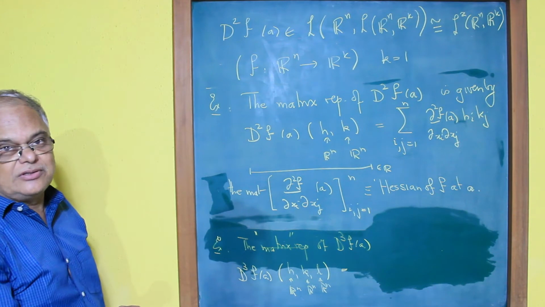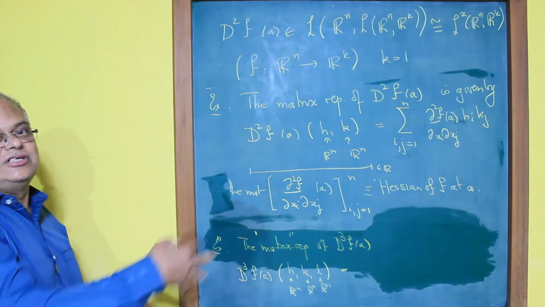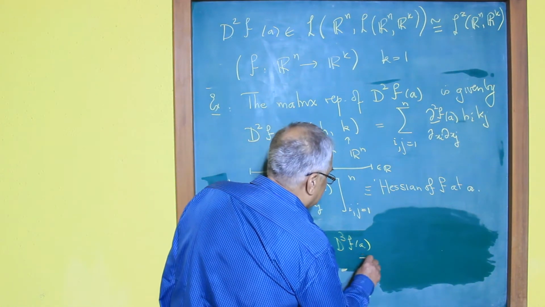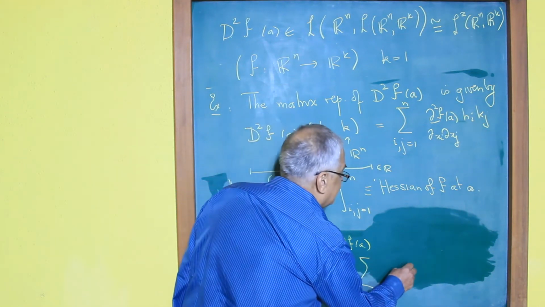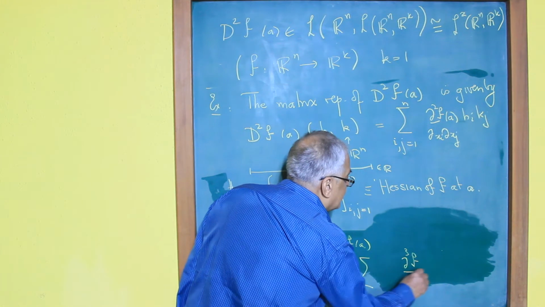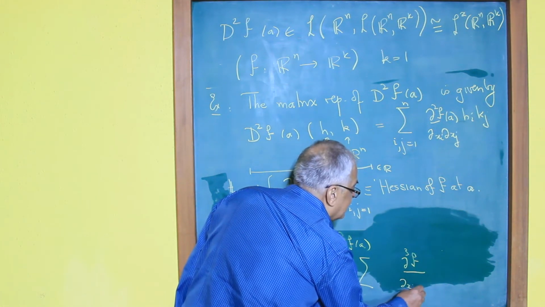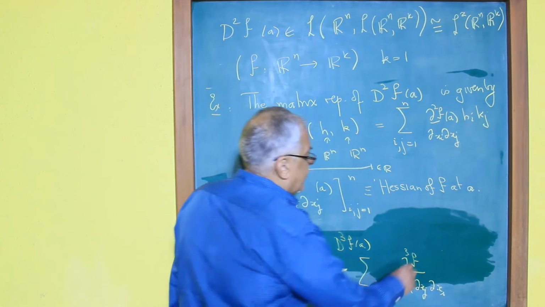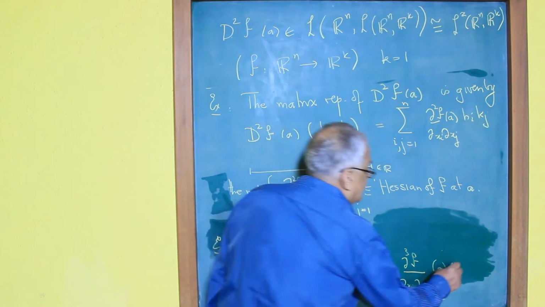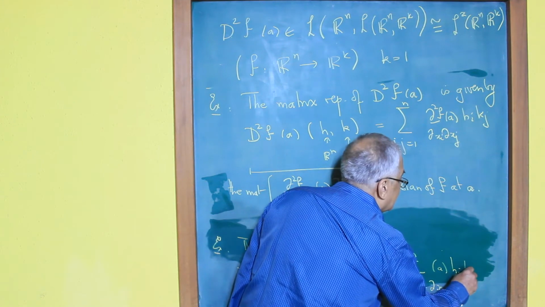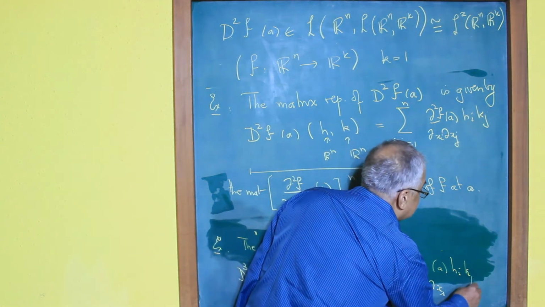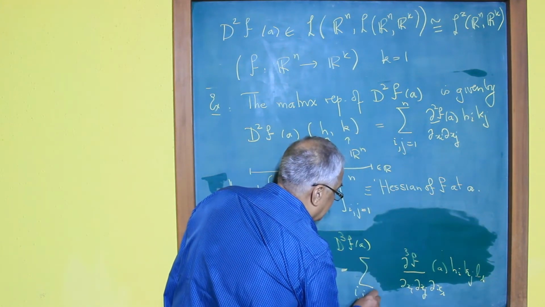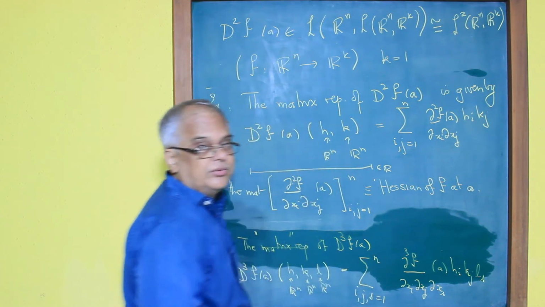In exact analogy with the case of the second derivative, which is the exact analogy of what you do in the case of the first derivative, you should be able to write down that this is equal to a sum of three derivatives of f, d3f by dxi, dxj, dxs, evaluated at A, then hi, kj, and ls, sum over i, j, and s equal to 1 to n.